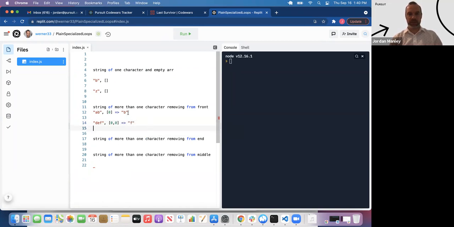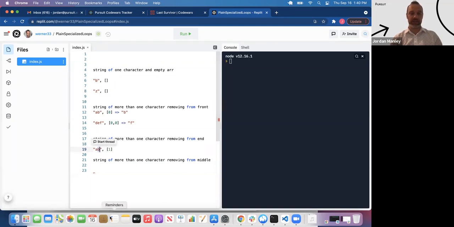Okay. Then removing from the end, not so different, A and B. Here I'm going to have 1, because 1 in this case is the last index. What if the string length is longer than the array length? We wouldn't want any undefined, other way around. So what if,